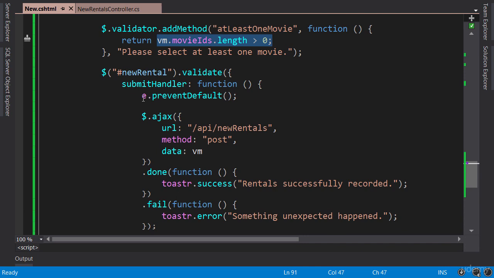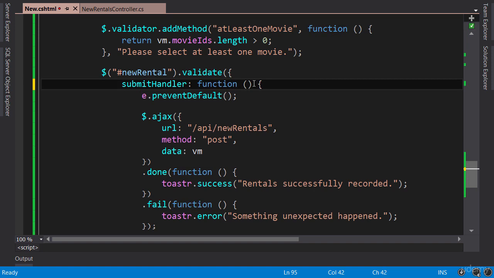One is this e here. I moved this code from our previous submit handler, and this e was the submit event. But we don't have this argument in this function. Now, even if I add this here, it still doesn't work, because when the jQuery validation plugin calls this function, it passes a reference to the form, not the submit event. So,